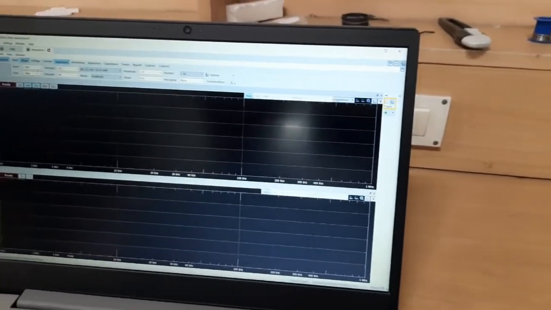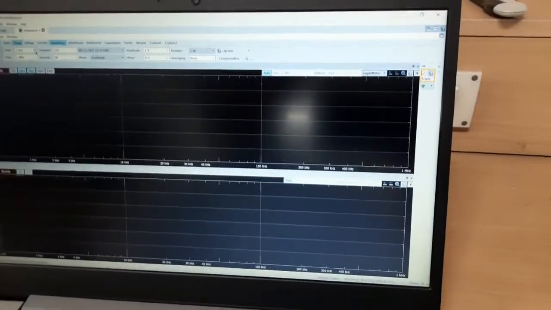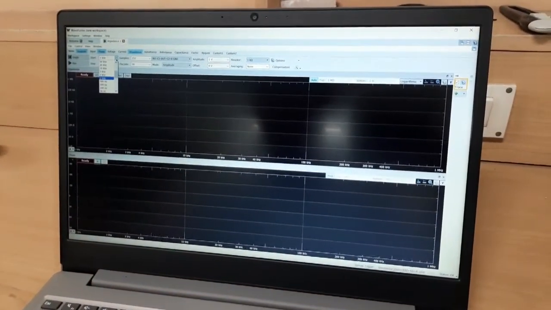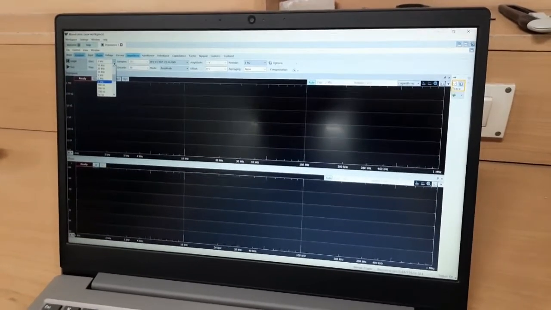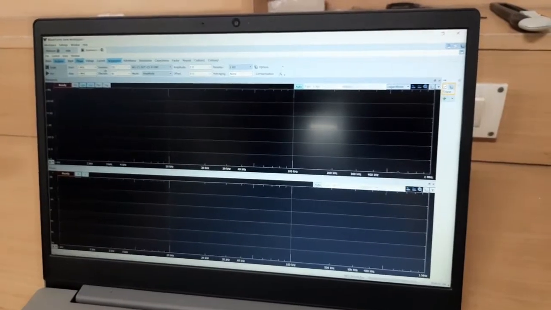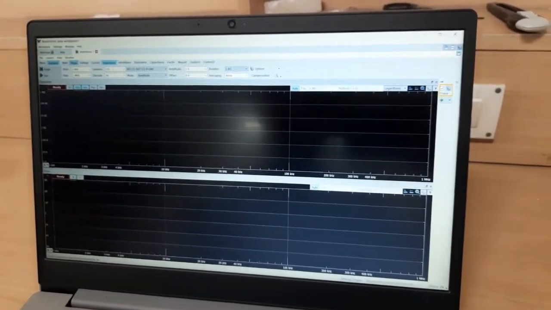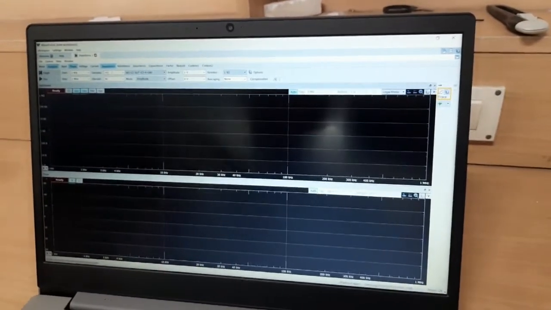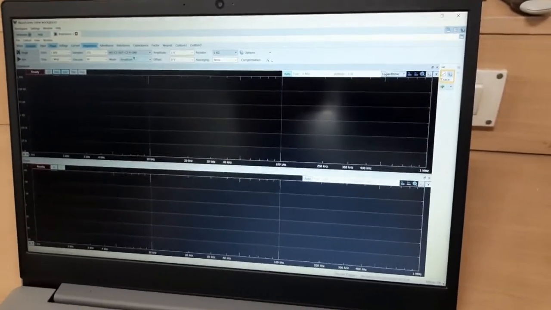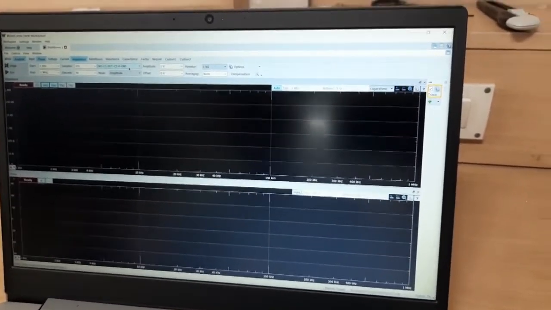We can give our choice of frequency band. By clicking the drop down box, we can give any band of frequency. This is the start frequency and this is the stop frequency. Then this is the sample, how many samples it will take in this range, and this is the decade, and this is the device configuration actually.